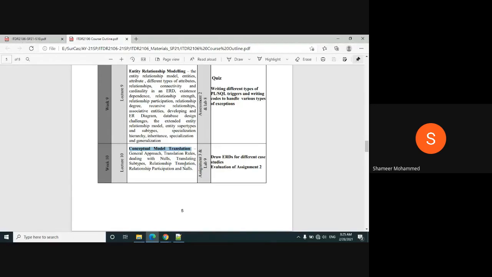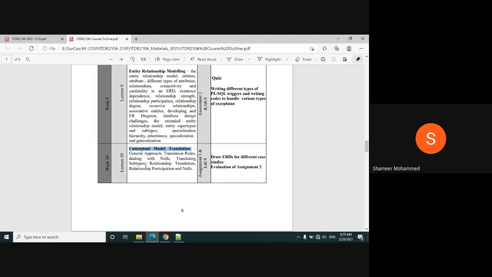You need to learn different concepts so that you can translate your ERD design into a conceptual model. What is a conceptual model? We will discuss that later.